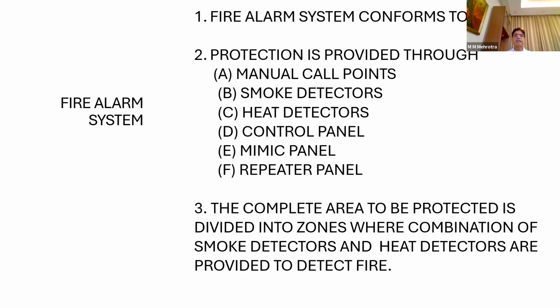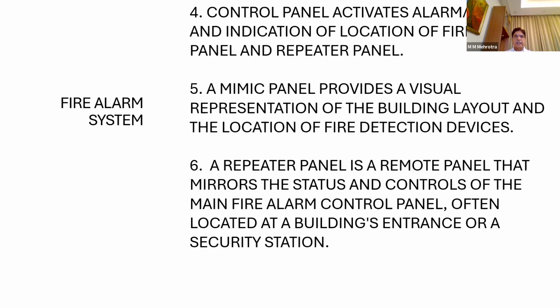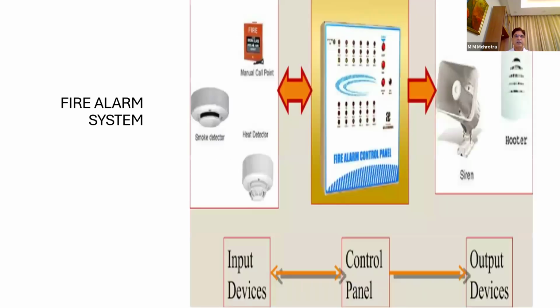If a heat detector, you must have seen in the buildings, malls, hospitals, those round-shaped colored objects which are placed. So this is something like this. These are the detectors you can see: smoke detectors, heat detectors, and manual call points. Manual call points, you break the glass in case of fire. Smoke detector, through this window, the smoke goes inside and this gets activated.